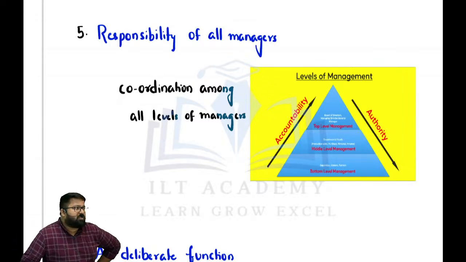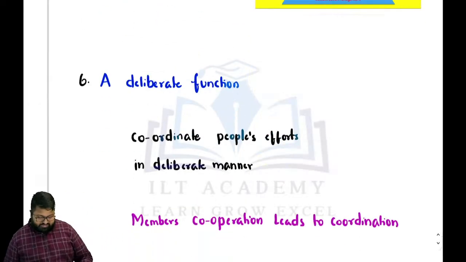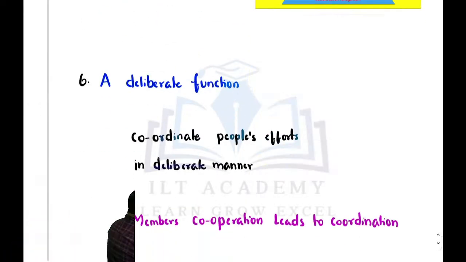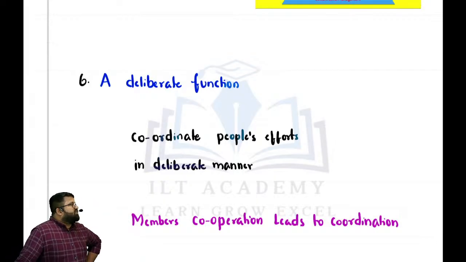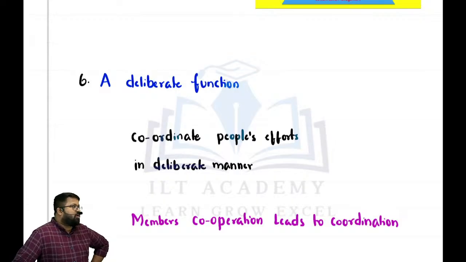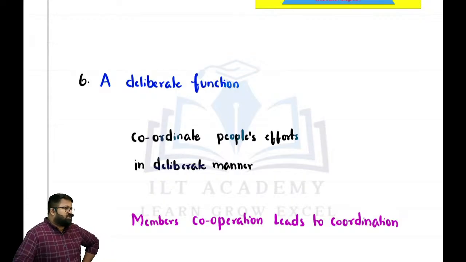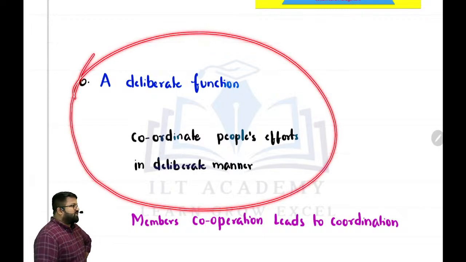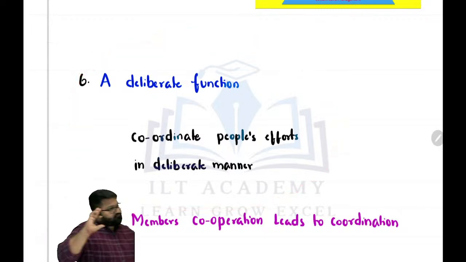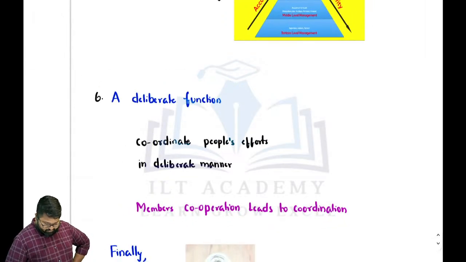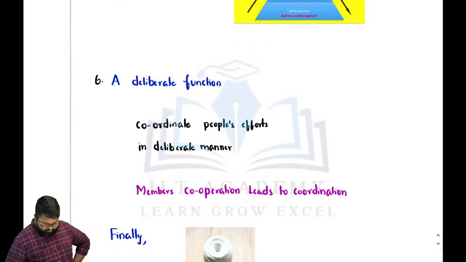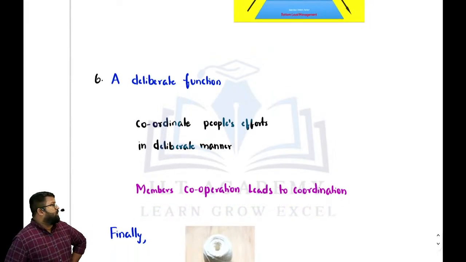Done with that point. Next, what is the sixth one? What type of function, buddy? Sir, if the members of the organization are not willing, then it's of no use. They should be ready for the change and ready for cooperation among the different departments. If in the organization you have your own self motives, you will not get success. Done with that function.